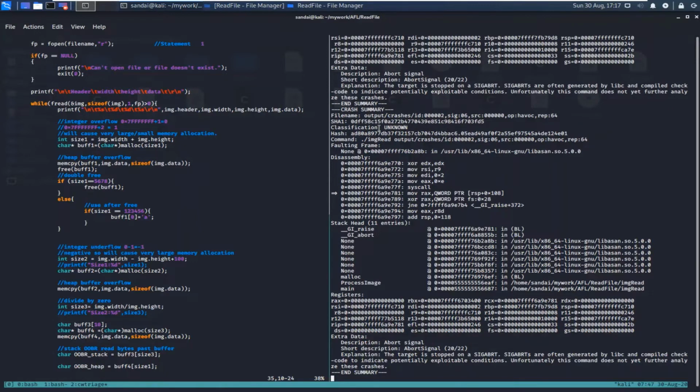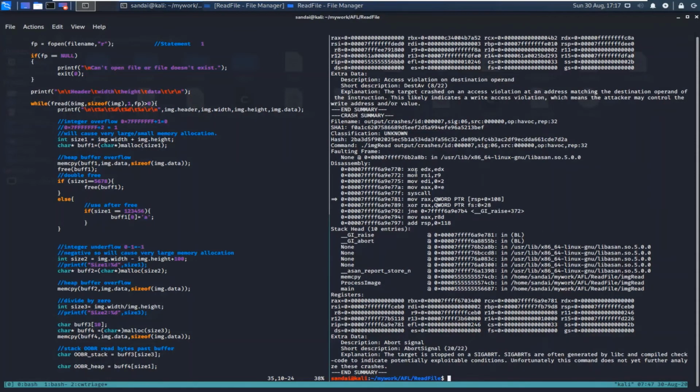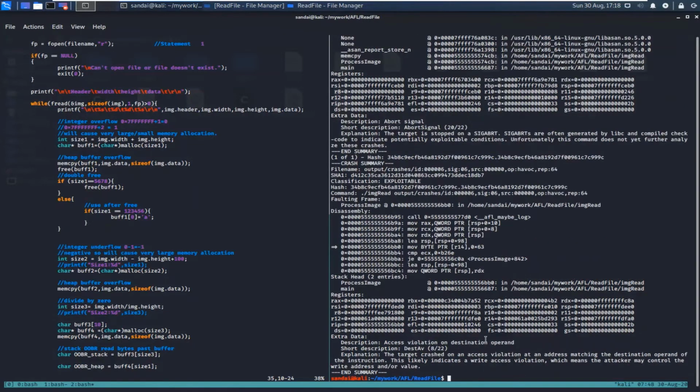As you can see, it started crashing. In the previous run where we had not given the ASAN option, it was not crashing. Now it has started finding crashes. Generally what I do over here is use cw dump. This is another utility which comes with crashwalk. We use this utility, and we need to give the database name, which is crashwalk.db. This is the default name, and you can see all the crashes.